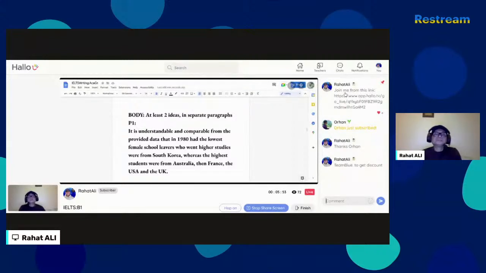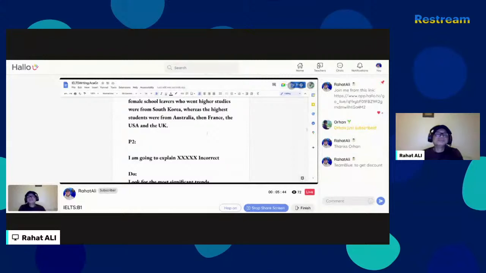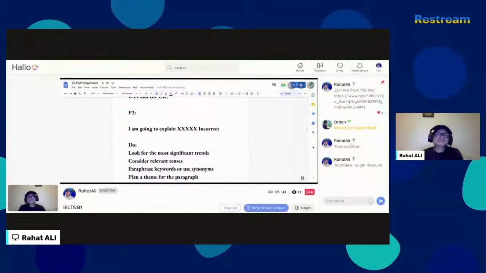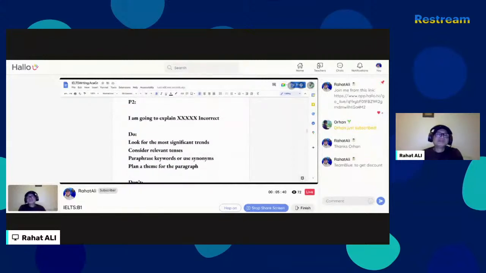Okay. And this is the body of the writing, paragraph 1. Paragraph 2. So what do you say in paragraph 2? Look at the most significant trends. Consider relevant tenses. When you're explaining what the significant trends are here,